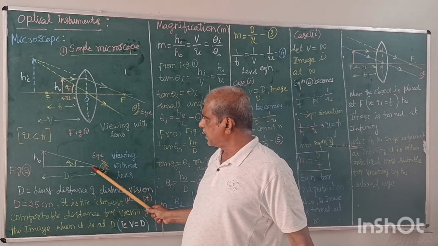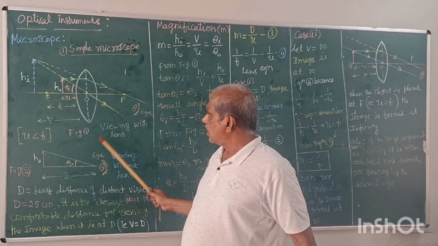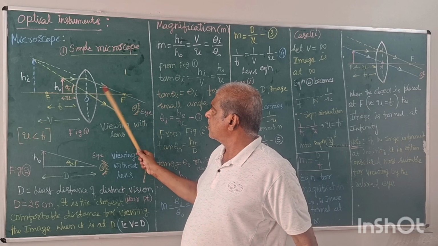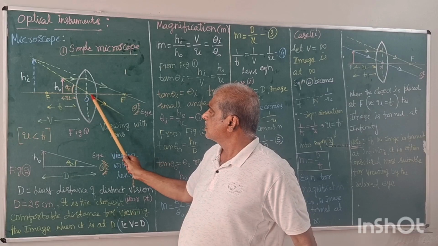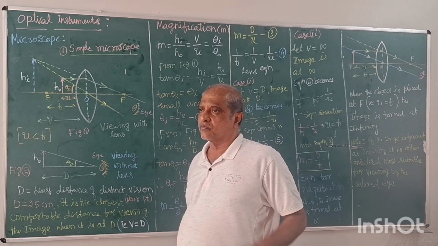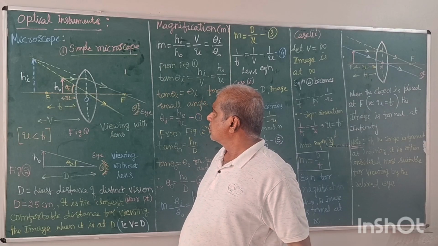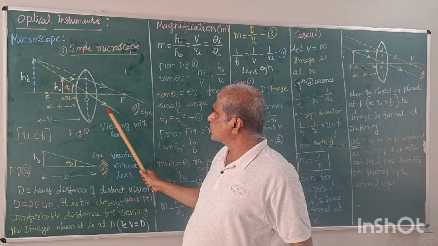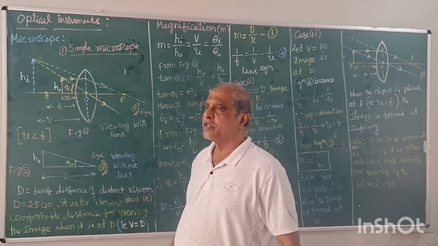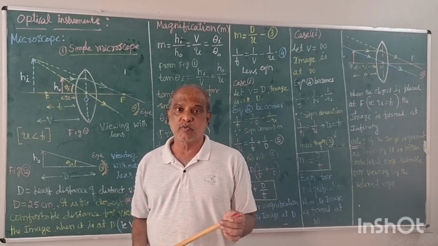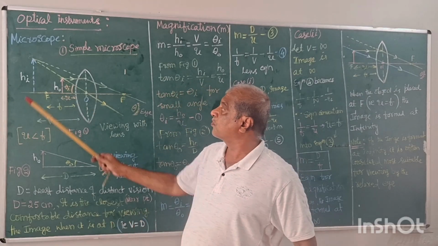So this is for a naked eye. And here in the simple microscope, we are using a lens. We are viewing the object through the lens as an image like this. If that is the image formation, for an eye like this, of course through a lens, what would be the least possible distance of image